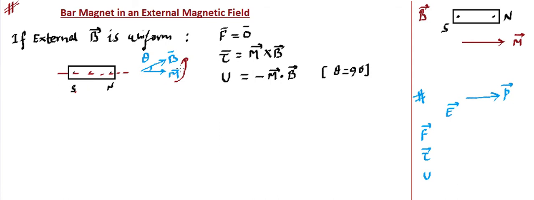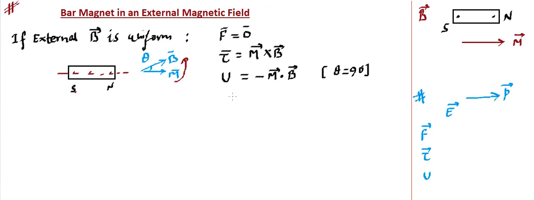So I'm erasing these dotted lines, and this picture is trying to denote the two directions, the direction of m. How are we deciding the direction of m? By the orientation of this dipole or bar magnet. B is given to us, so you can think that if theta becomes 0, then torque becomes 0, and if theta becomes 90, then u becomes 0.